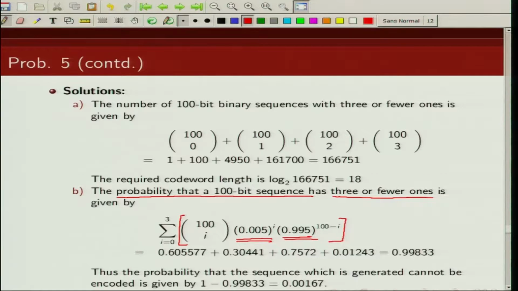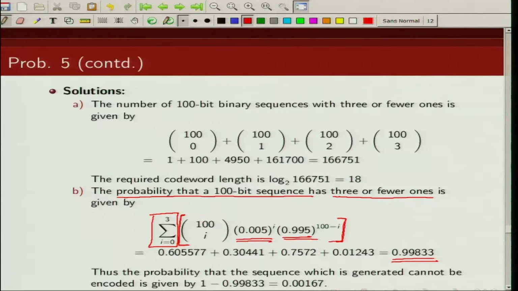So this will give us the probability that there are i ones in the sequence of 100 bits. Since we are interested in finding the probability that there are 3 or fewer ones, we sum it over all i going from 0 to 3, and this probability comes out to be